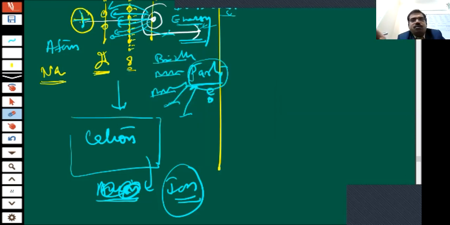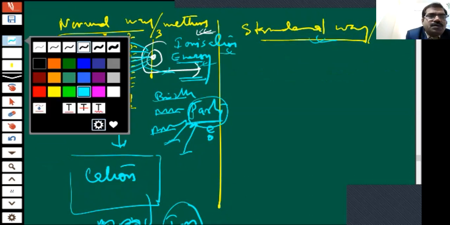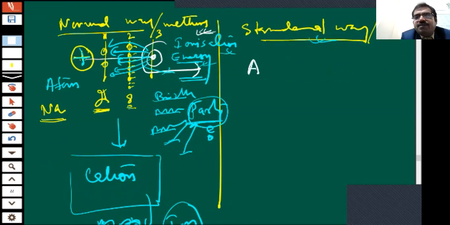Children, mute yourself. So now we will write in a standard way. What is that standard way, children? Suppose one atom is there. We will provide some energy, IE1. I will tell you the full form of IE1: we want to remove only one electron, that is known as the first electron.